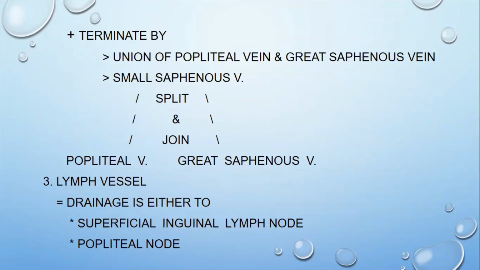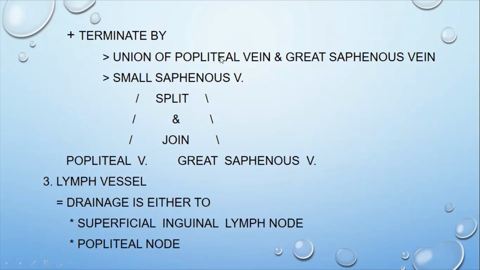Now this small saphenous vein will have two ways of terminating. It will terminate by having union with your popliteal vein and your great saphenous vein. Another way will be the small saphenous vein will split and join the popliteal vein and the great saphenous vein. So, although